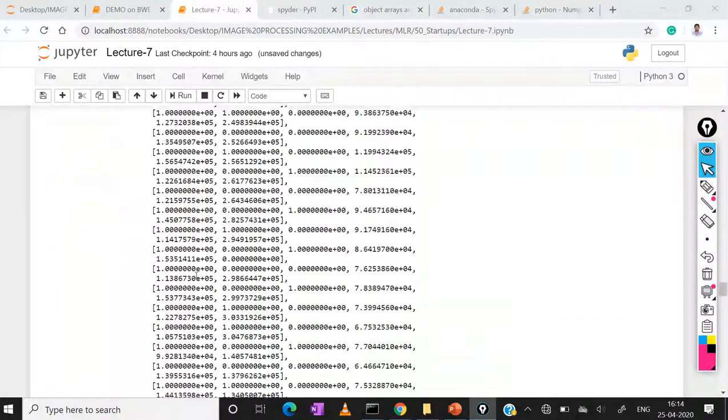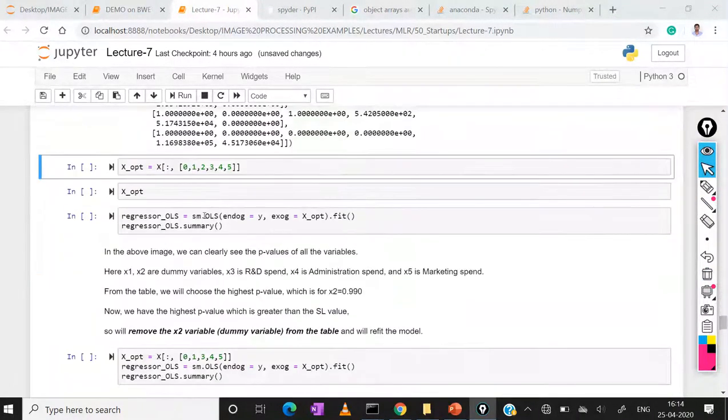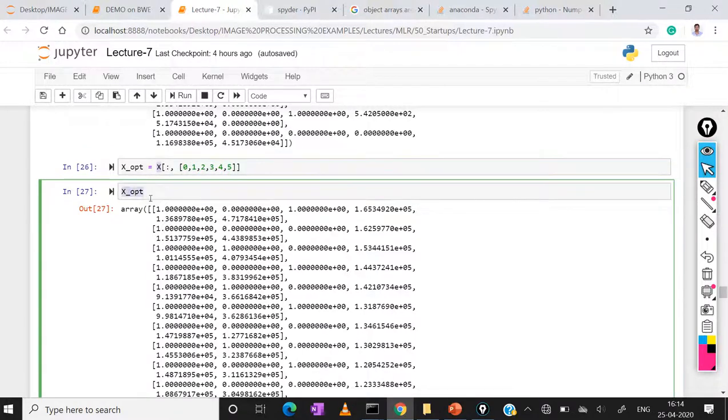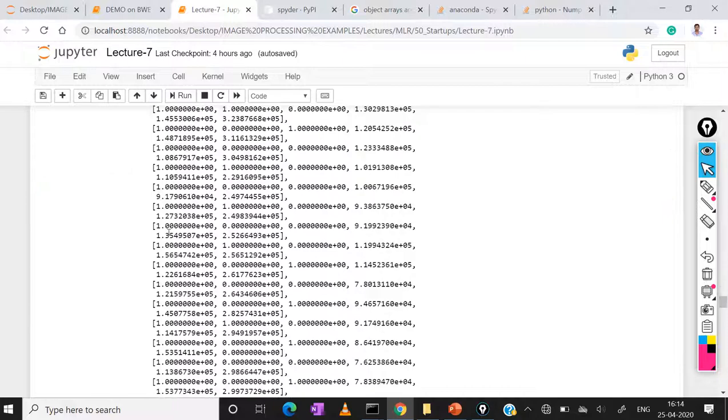Now what are we doing here? I am taking all rows and all columns at a time and appending them to the variable x optimal. If you execute this and see x optimal, both are the same. This is the object name I gave.